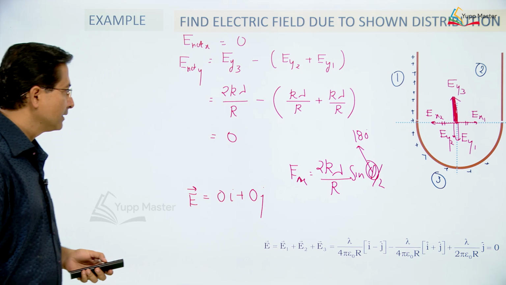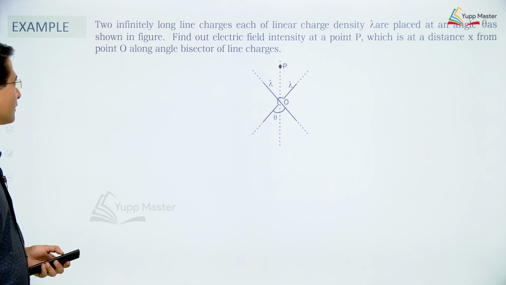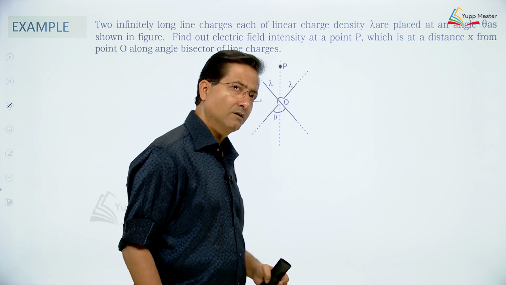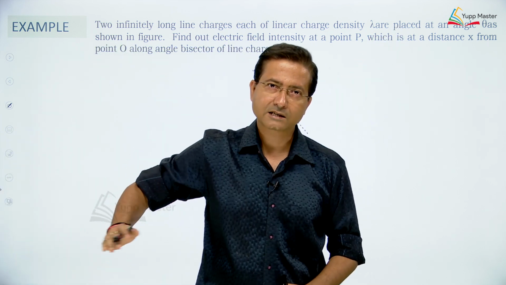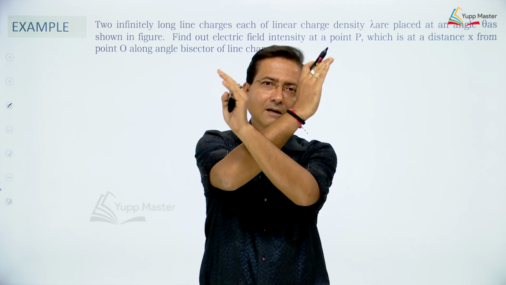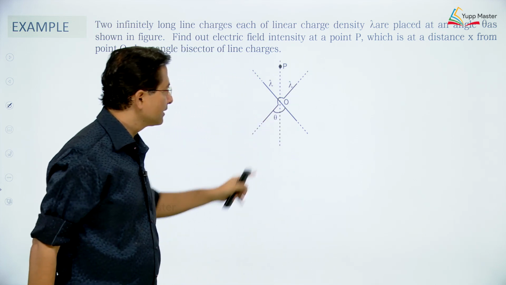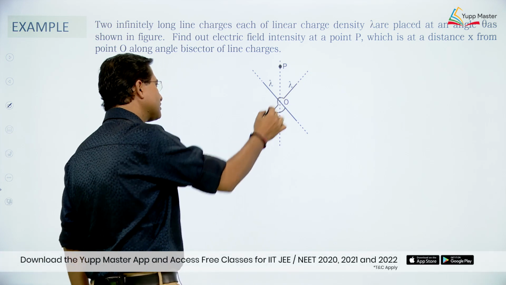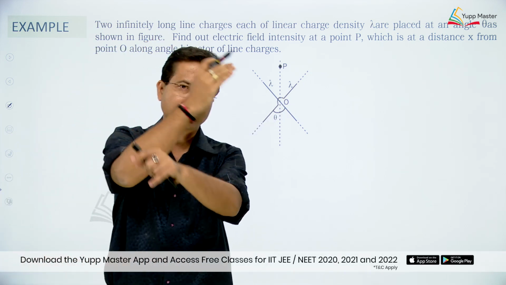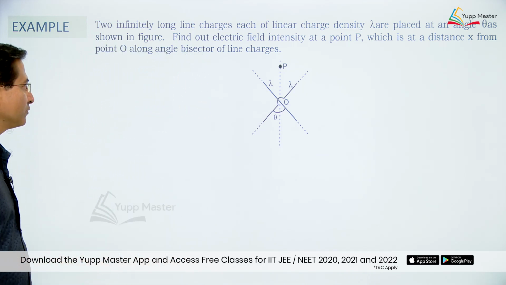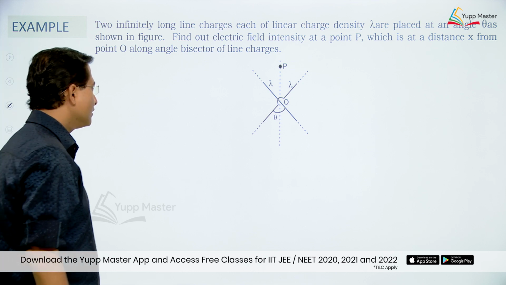Let us move to the next one. Similar problem, there are two wires extended up to infinity and crossing each other this way, right, making angle theta. This symbol says that it is not touching, it just crosses over it. So without touching, it just crosses over it. So because of these two, I want to find out the field at point P.